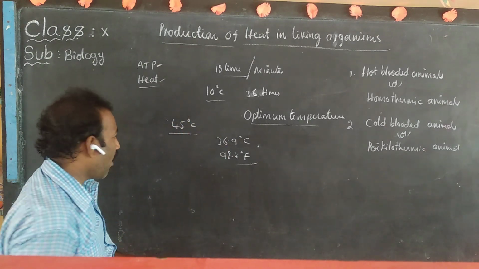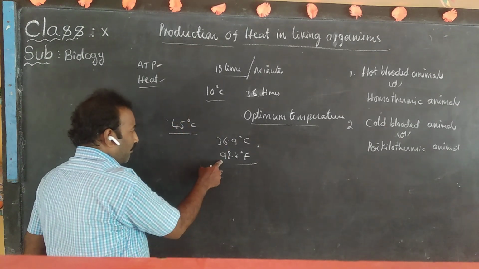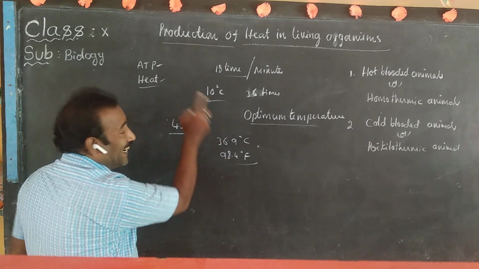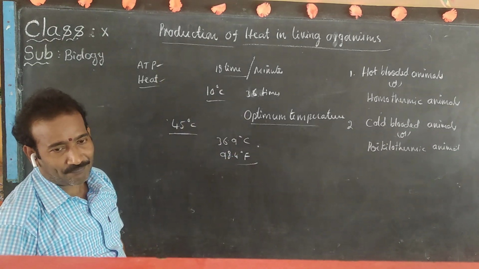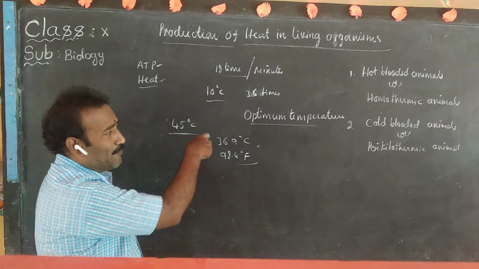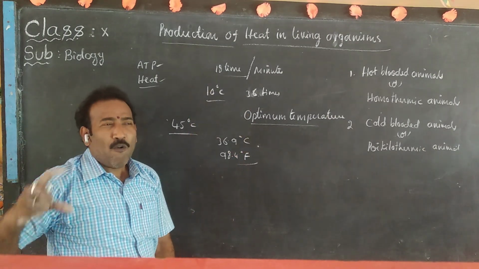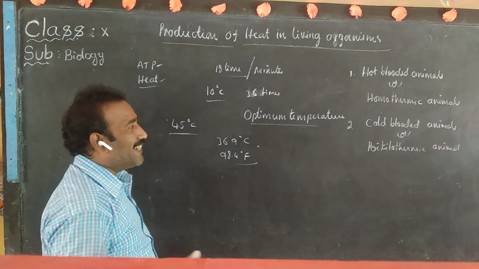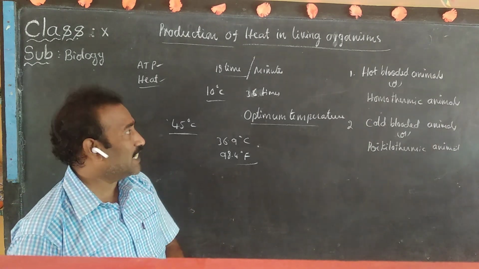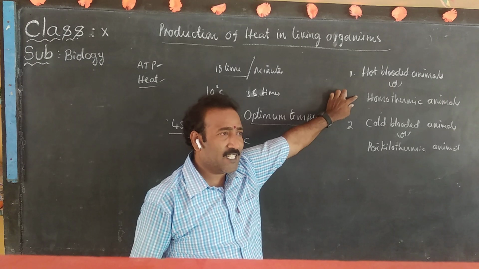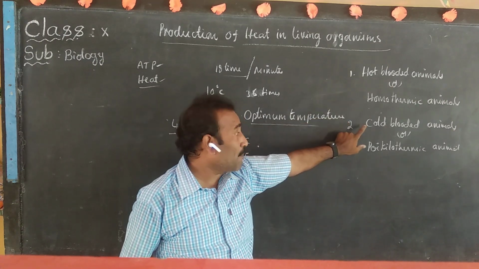36.9 degrees Celsius or 98.4 degrees Fahrenheit. It is a constant body temperature, because we are homothermic animals. We have the capacity to maintain a constant body temperature. That's why we are the homothermic animals. Second thing,